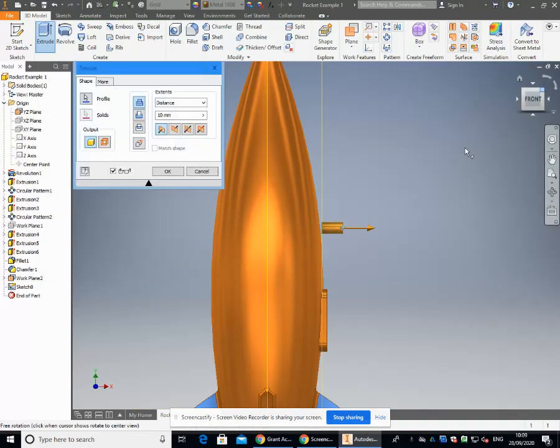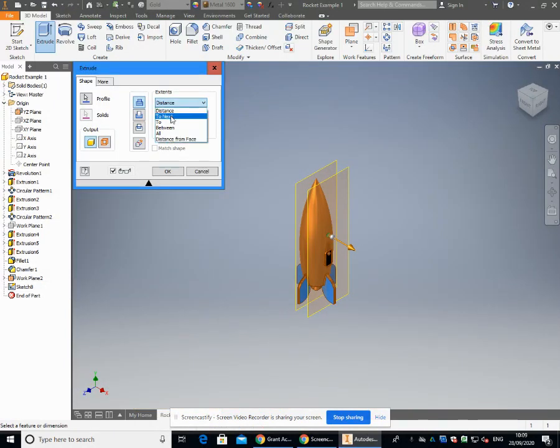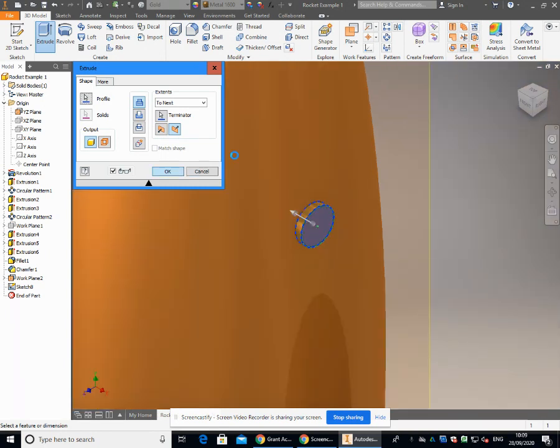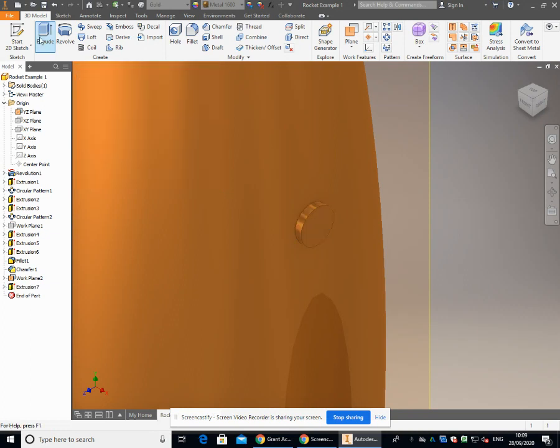and we want it to be To Next. And what we should find is that when we look at it, that goes right back to the surface there. That's fine, that's good. And click OK. And then you can do another sketch on top of that